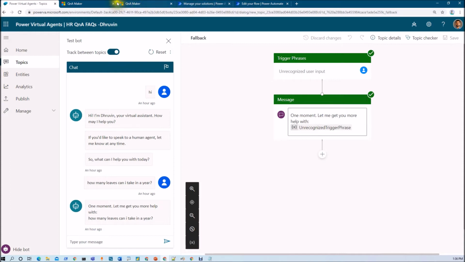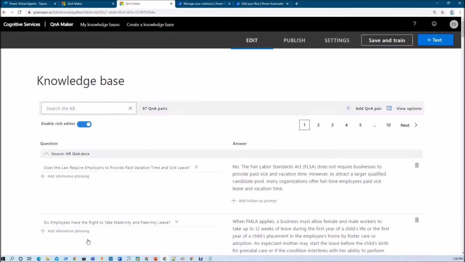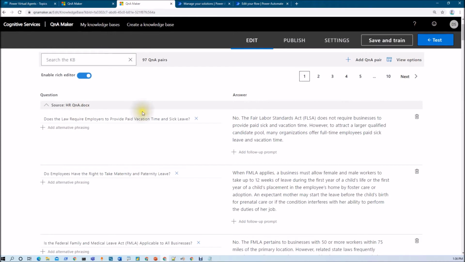Basically in the Q&A Maker knowledge base we had question and answer pairs for an HR chatbot, which we already built. These are the different question and answer pairs we have saved, and we have trained this model already. Now I want to find my question from here and get the appropriate answer from this knowledge base.